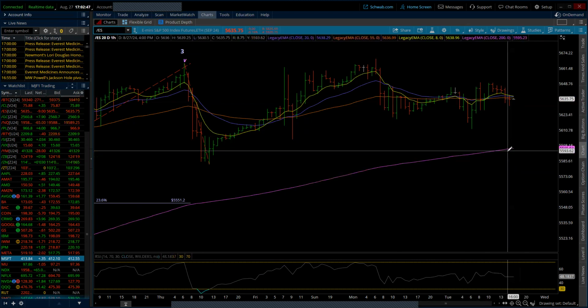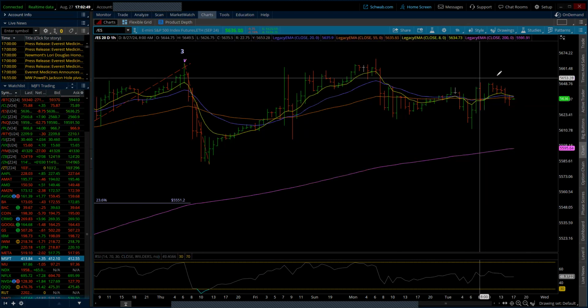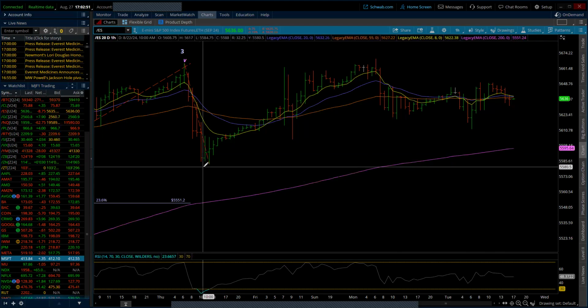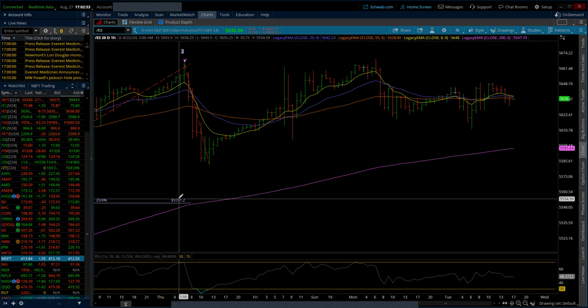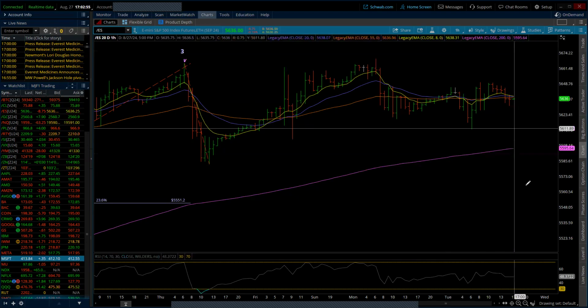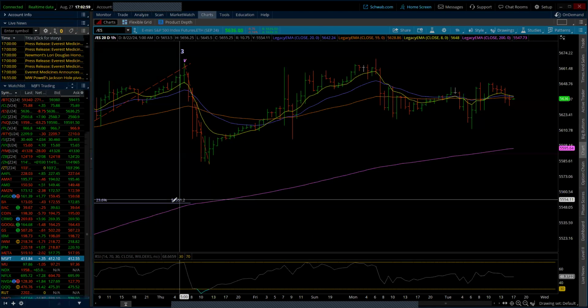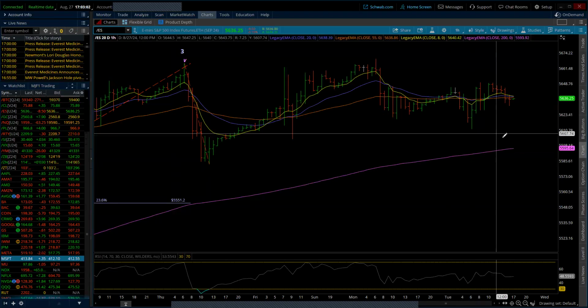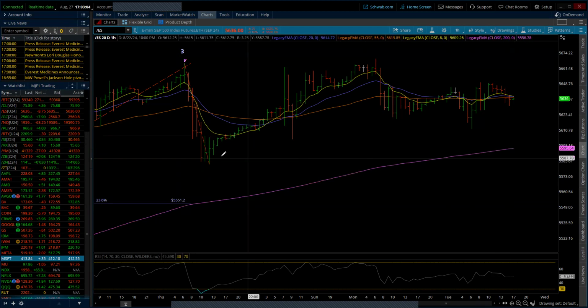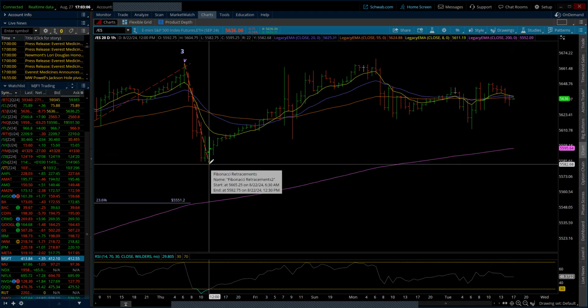1, 2, it's got to fall off the cliff. If it's going to be a third, it's got to fall off the cliff. And it should find support, and it does. If it's still a 4, it should find support at 55.50. And first at 55.85. And second, it just needs to get below